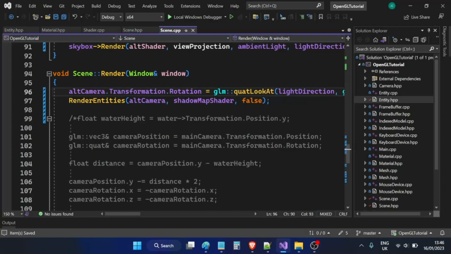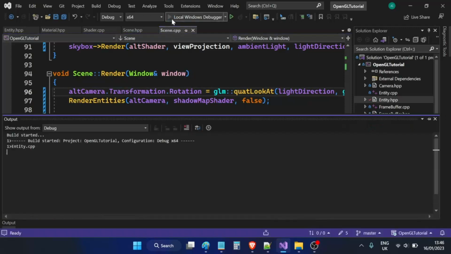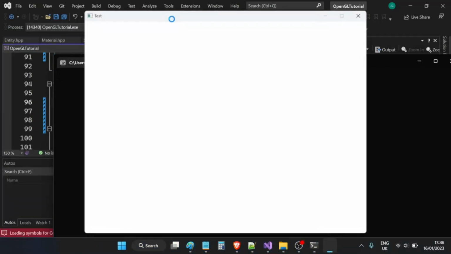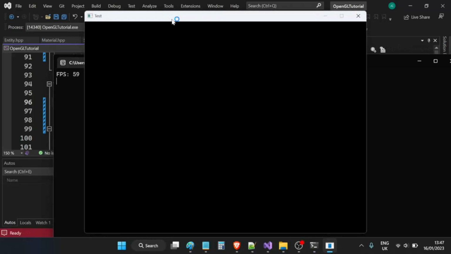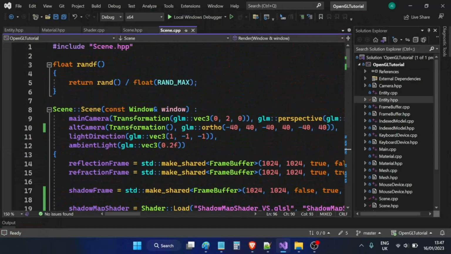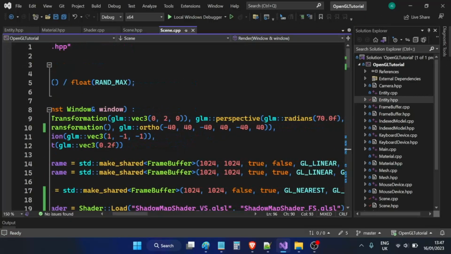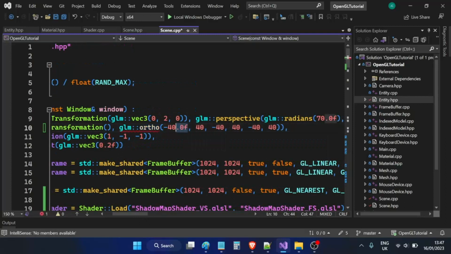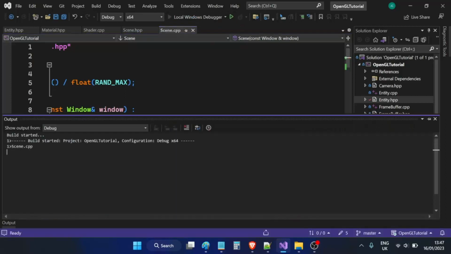So let's run and see what happens. And we get absolutely nothing. I found out that the reason for this is because we created our orthographic projection from integers. If we use floats, it will work as intended. So make sure these are floats. Now if we run,